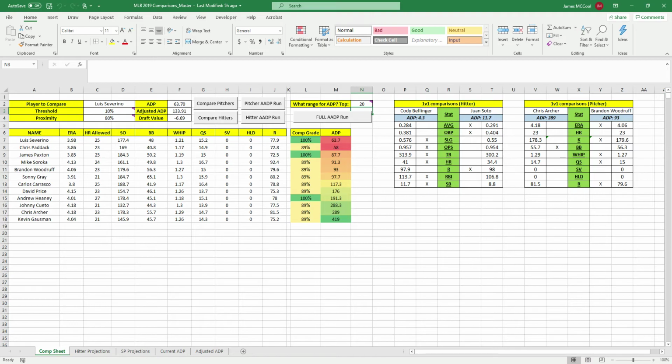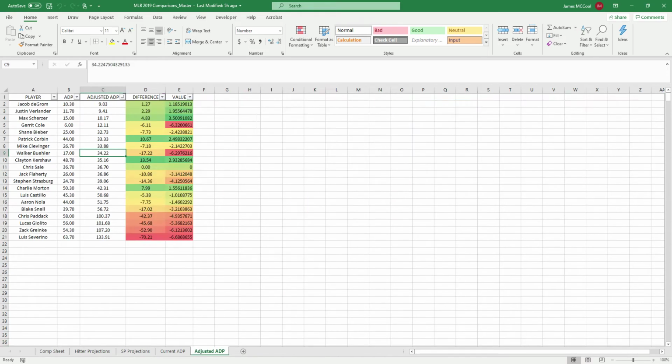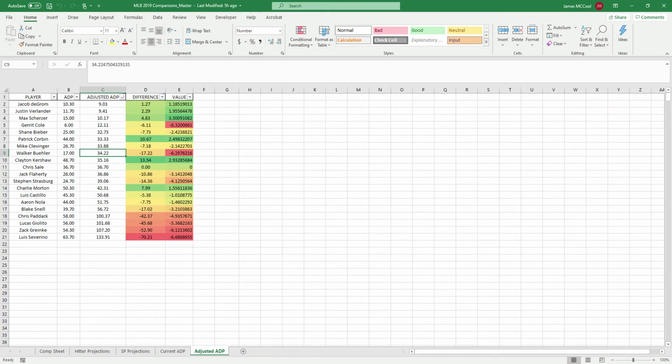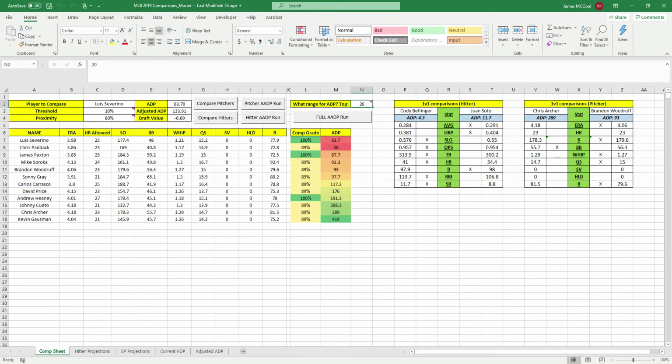Say that you wanted to do both hitters and pitchers. Well, that's what this full AADP run is going to give you. And it'll do the same thing that we just saw with this, but it's going to be with both hitters and pitchers. So the last thing worth mentioning, and we'll run the top 25 with a full AADP run,